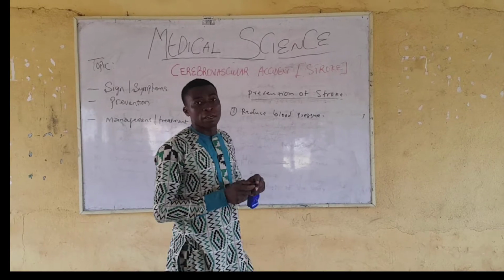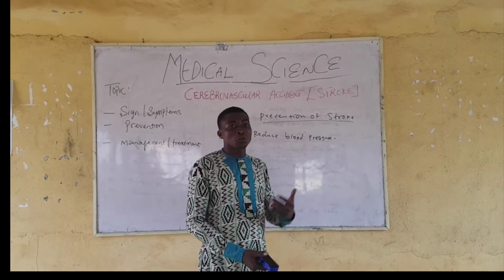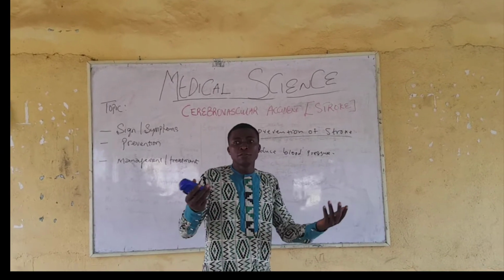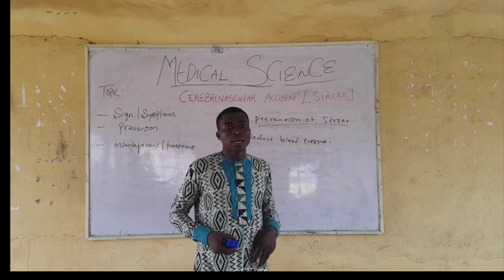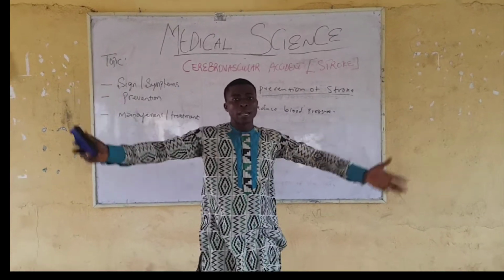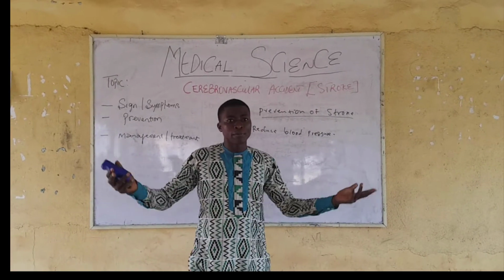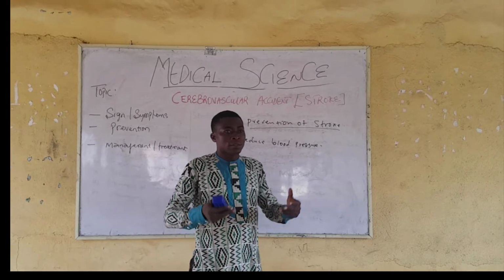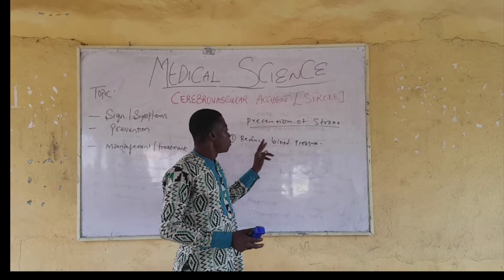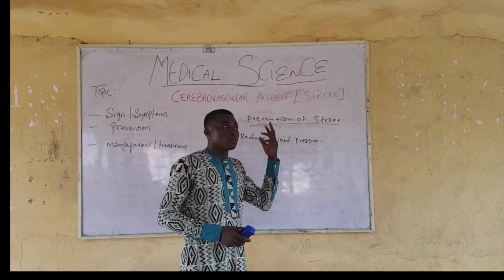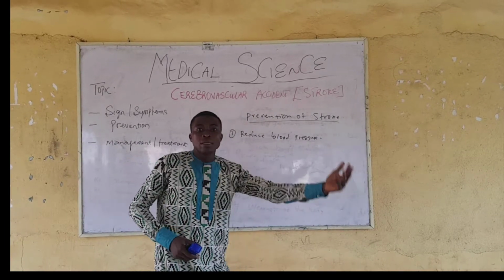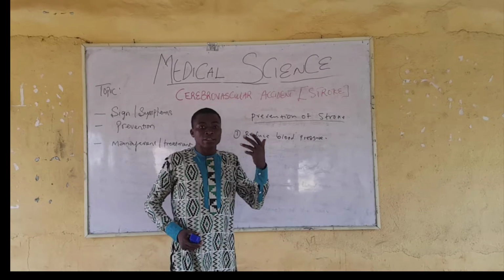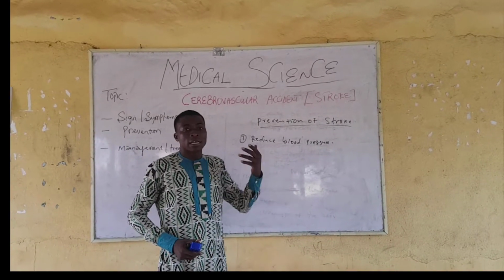Reducing blood pressure involves doctors and nurses at the hospital monitoring your blood pressure. If it is high, they can give you an appropriate measure to reduce it, either using chemotherapy or using physiotherapy, like exercise and the others. Such measures can reduce blood pressure. Because if the blood pressure is allowed to keep increasing persistently, it can lead to a rupture.